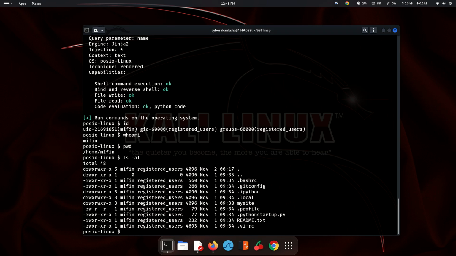So, there you have it. A live demonstration of server-side template injection. We found it manually and then used SSTImap to get a full interactive shell on the target. As you can see, this is a devastatingly powerful attack.